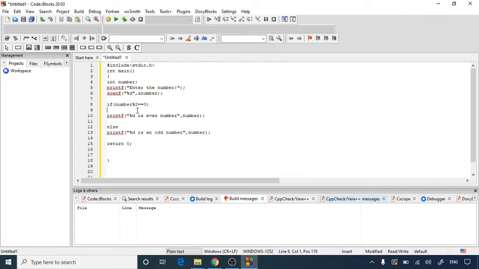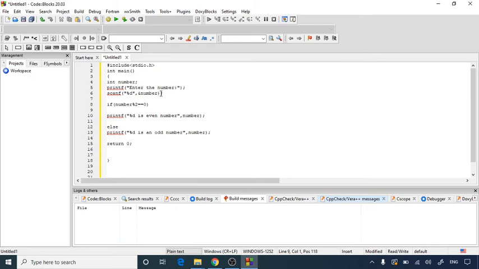And here I have given a condition for the if statement. If it is true, then this will get executed, and if the condition is false, then this else block will get executed. So this way we have written one if else statement, and we have understood the modulus operator, and then we will check whether the number is odd or even.